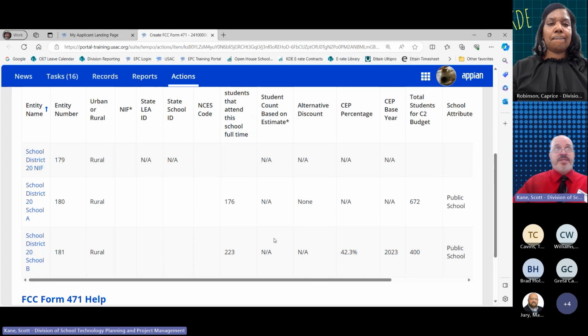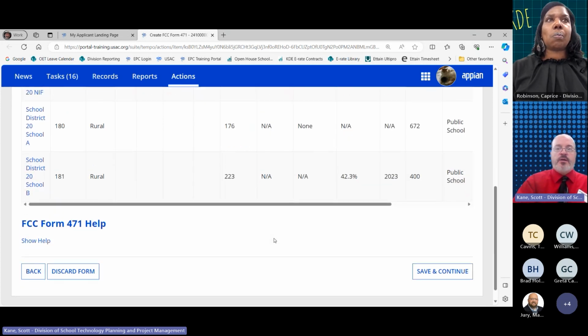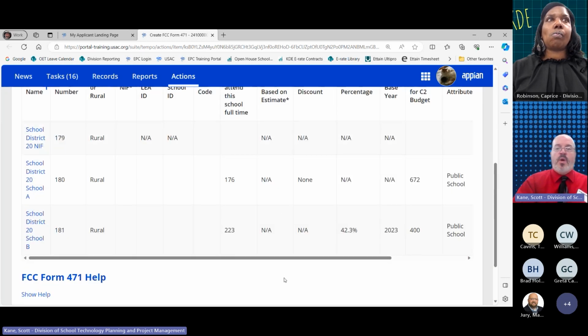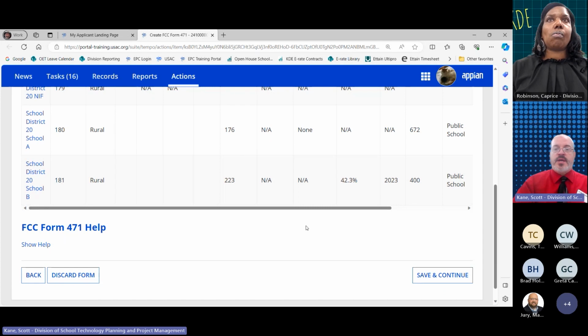application for the state network, and that funding, as probably most of you already know, comes back to you in the form of offers of assistance. So, that application and the funding that's associated with that is just as important as any of the funding that you might be getting directly as part of your applications. So please do take the time to double check all of your information and make sure that it matches what you have submitted to us on your discount data sheets.